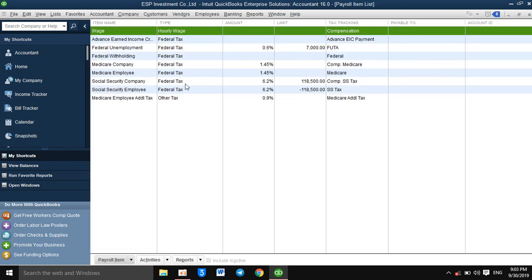There are many kinds of payroll items, but I just want to present only three main kinds of payroll: first is salaries, the second is commission, and the last one is salary tax. To create the salary wage, salary expense, or salary item,